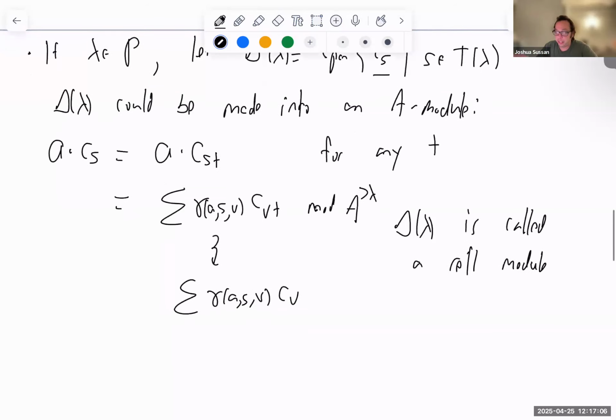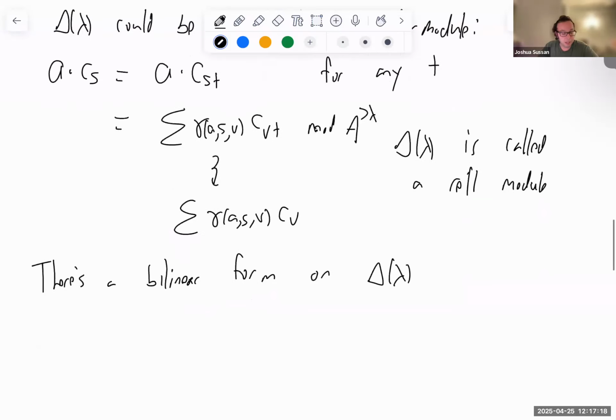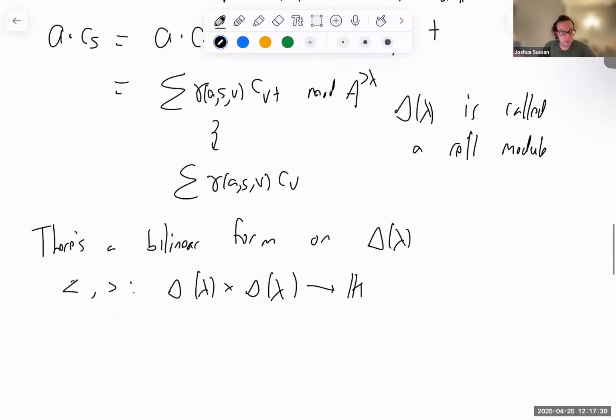And the next ingredient is the fact that there's a bilinear form on delta lambda. That means there's a map from delta lambda cross delta lambda into our ground field K. So what does it do? Well, if I take two basis elements, CS times CTB,